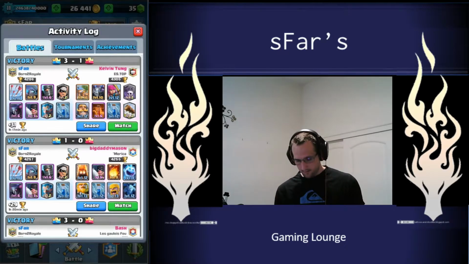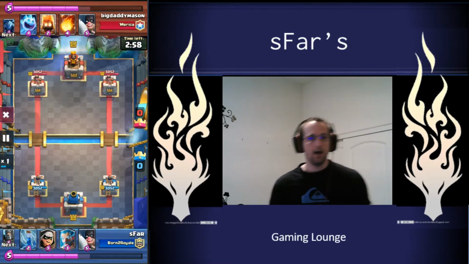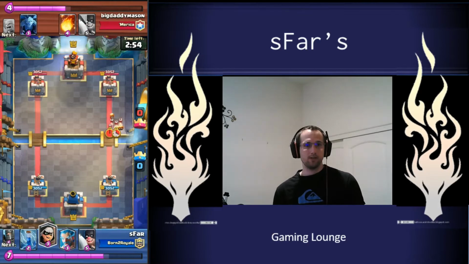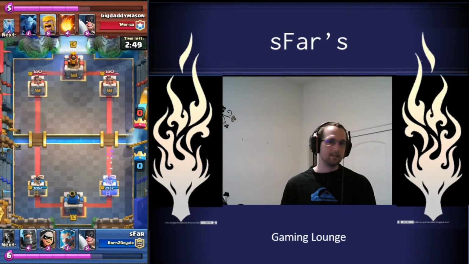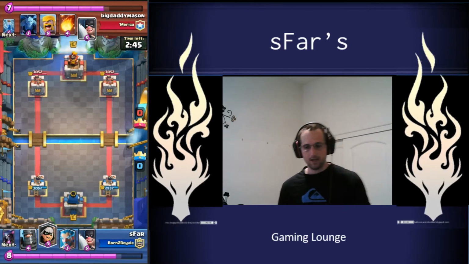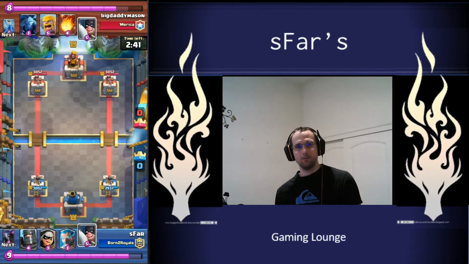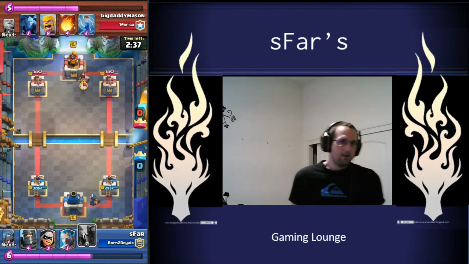This replay right here is against a Max Royal Giant level 13. I do think the Royal Giant is balanced now. People just say that because I use P.E.K.K.A. and the P.E.K.K.A. counters the Royal Giant pretty easily. But I fought the Royal Giant in challenges with Golem decks. I've used other decks like a Graveyard deck. I used the Bridge Spam, Battle Ram, Night Witch deck before I got nerfed, and I didn't have a problem